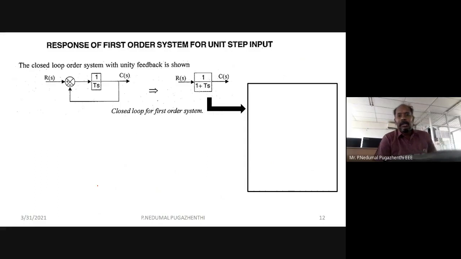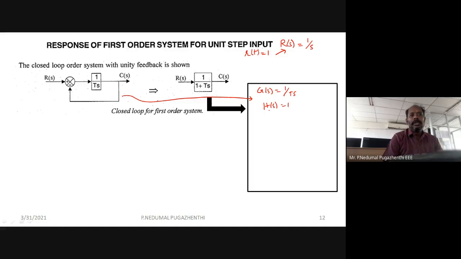Okay, the last part of today's lecture: the response of a first order system for unit step input. The unit step input is described as R of t equal to 1, and if you take Laplace for that, you will get R of S is equal to 1 by S. And in the closed loop, if your G of S is equal to 1 by Ts, H of S is equal to 1,